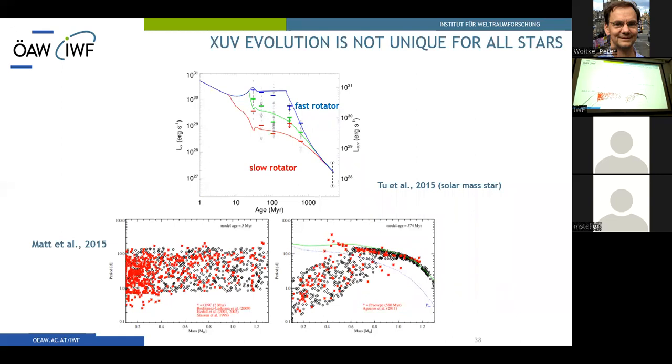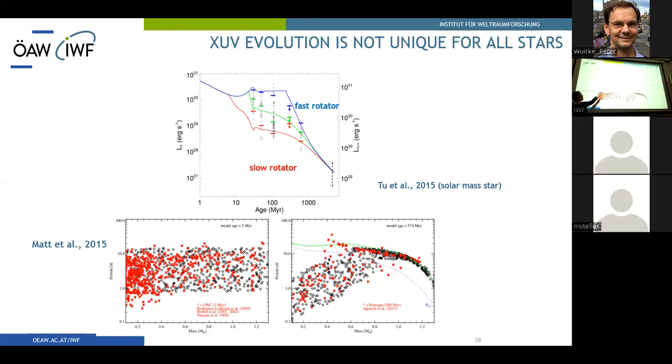plot from 2015. And what it shows is essentially the XUV luminosity of the star is closely bound to its rotational rate. All stars begin in the so-called saturation regime, where the XUV luminosity only weakly depends on the rotation, but leave it at some point as the star slows down, the spinning of the star slows down. As the stars are not born with the same initial rotational rates, but very different, they leave the saturation regime at different times,